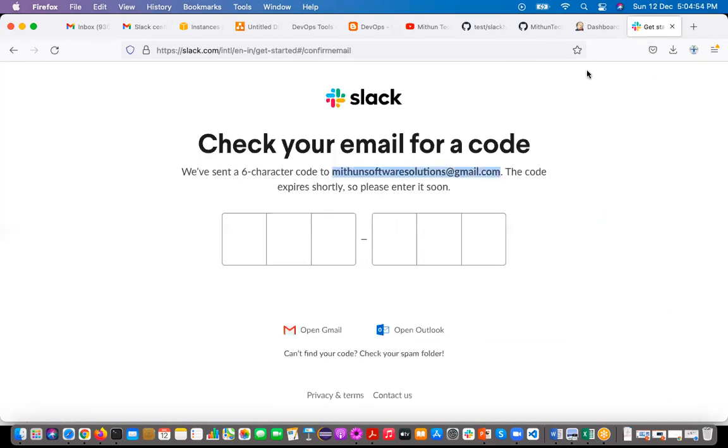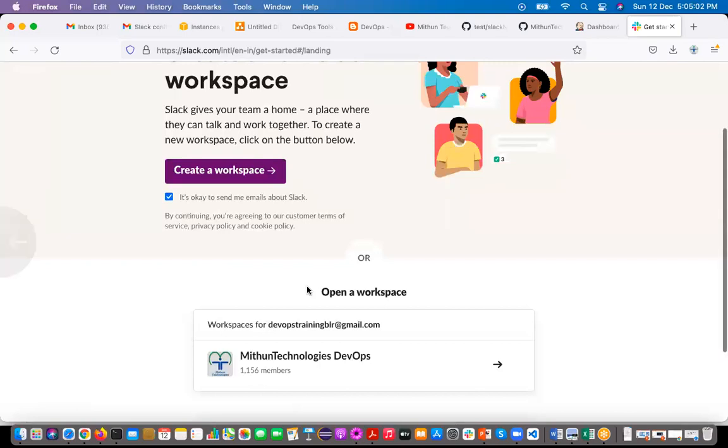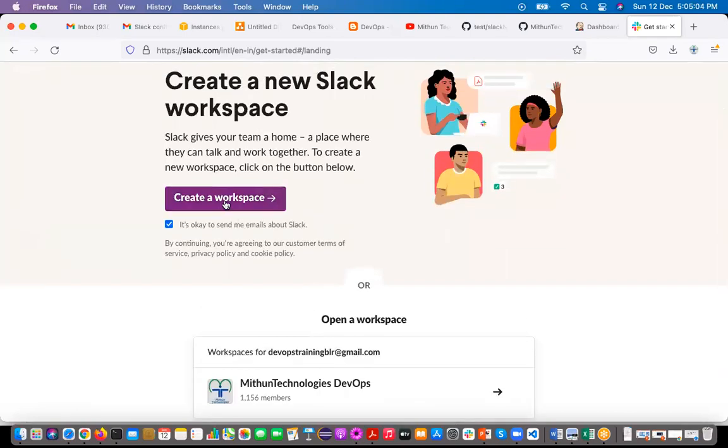Okay, now here is the create a workspace. It's created.